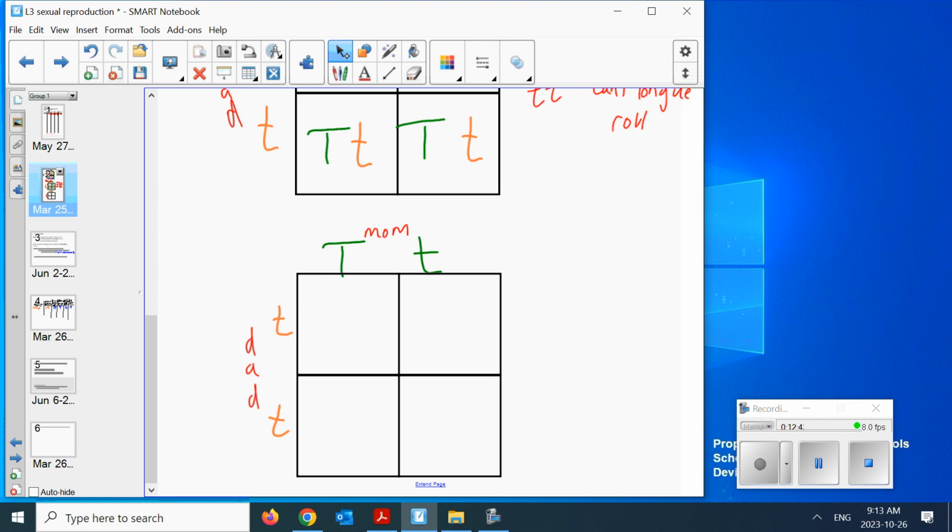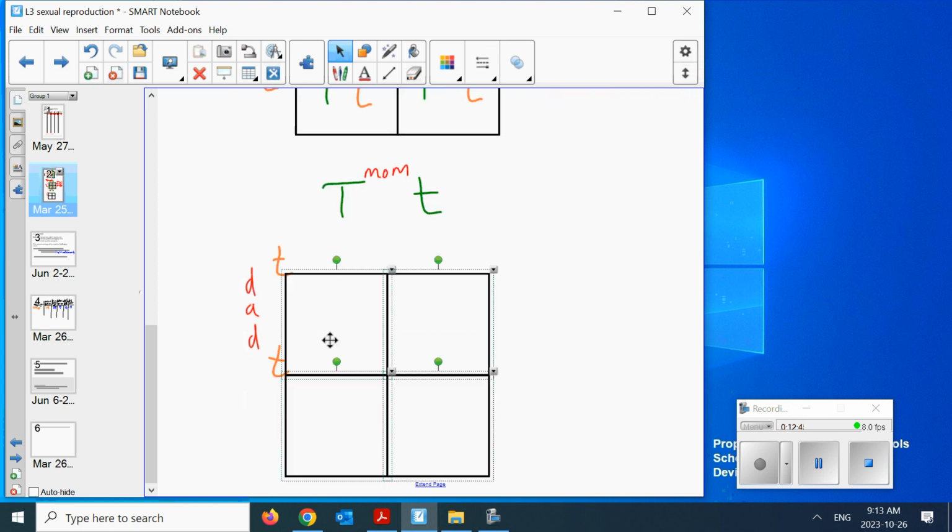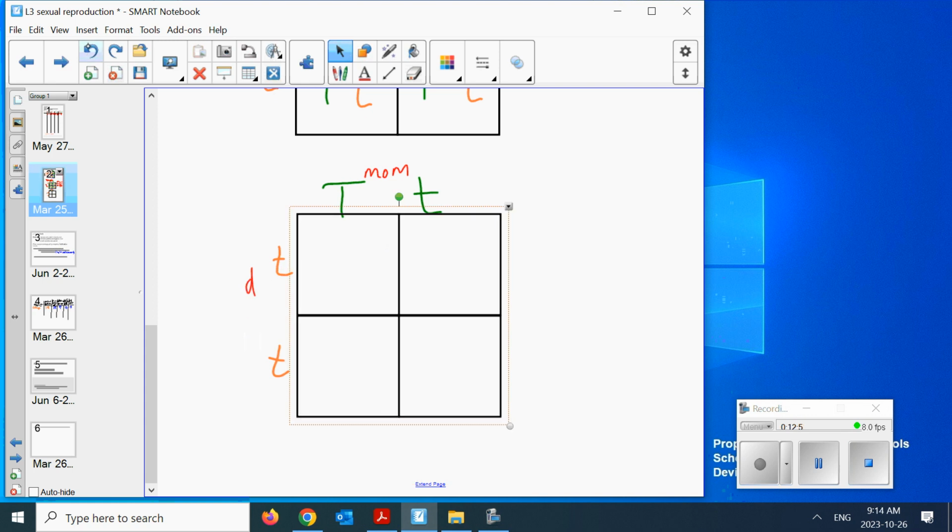What happens here is that mom could donate a big T. Oh, wrong thing. There we go. Mom could donate a big T. Dad would donate a little T. Big T, little T. But mom could also donate the little T. And in this case,